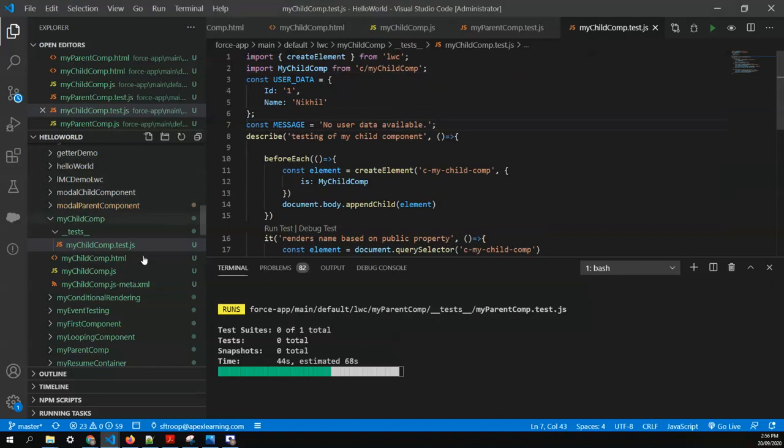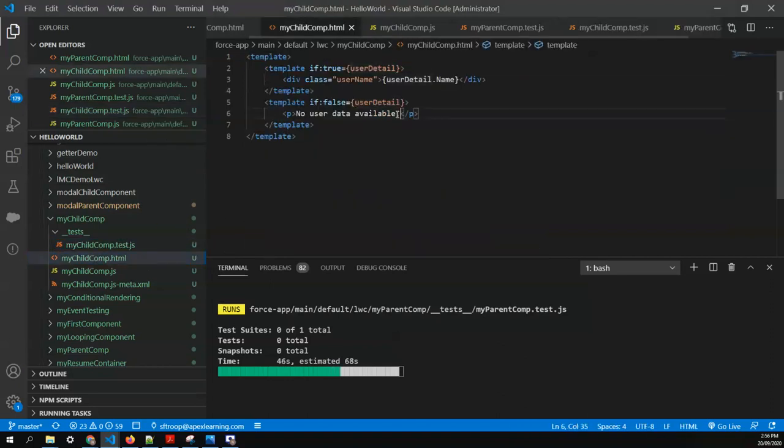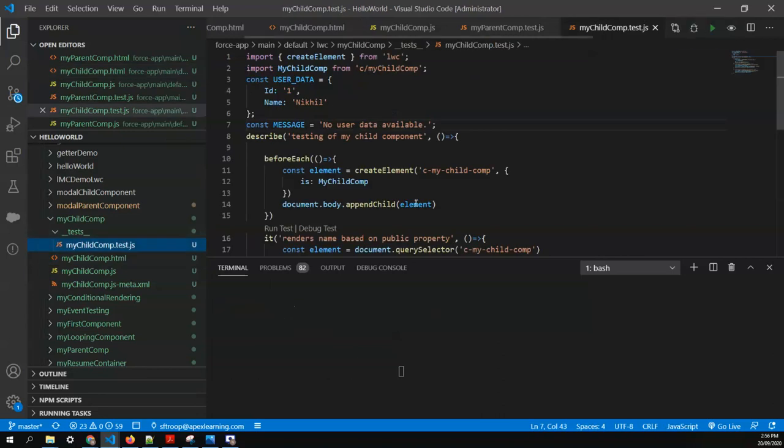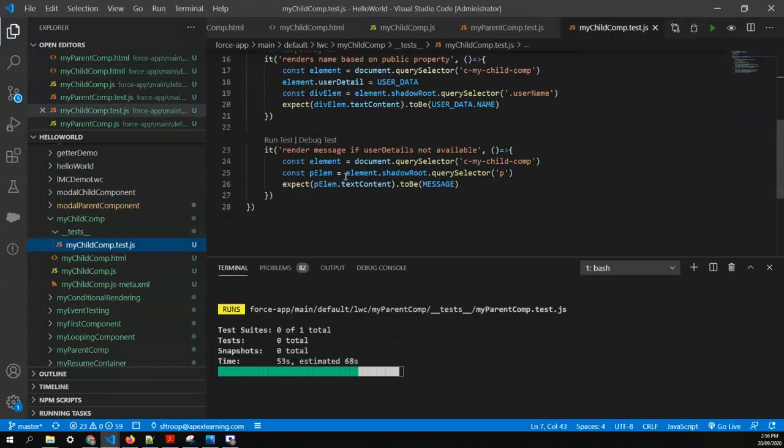No user data available, just make sure the dot is there or not. Dot is there, everything is correct. Copy paste here as it is, and in this case we have not appended the user detail to the element, so by default user detail will be null or undefined. Okay, let's wait and see whether the test case passes or not.